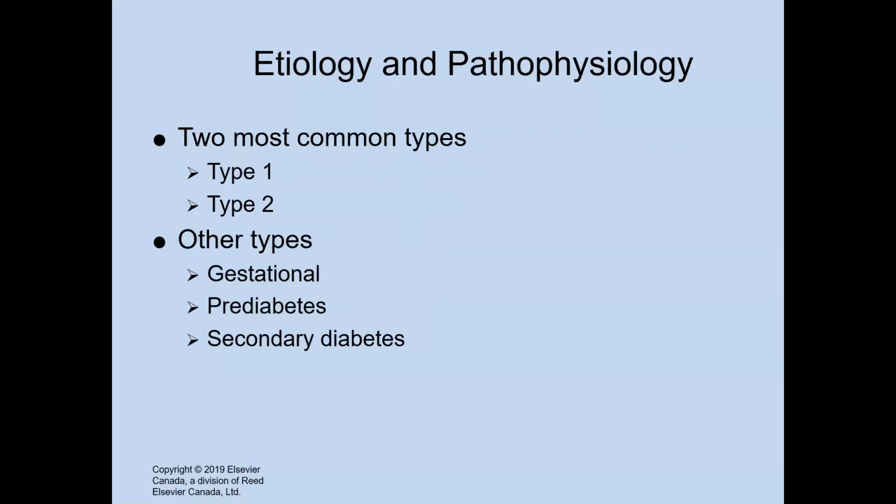When we have this condition and insulin is not being properly used by our body, the entry of glucose into the cell is impeded, right? So we've got glucose. We want that glucose to go into the cell in order for the cell to have fuel for its metabolism, for its activities. But when we have that insulin resistance, that glucose is not able to be transported into the cell. And so as a result, we have hyperglycemia because we have too much glucose circulating and not enough at the